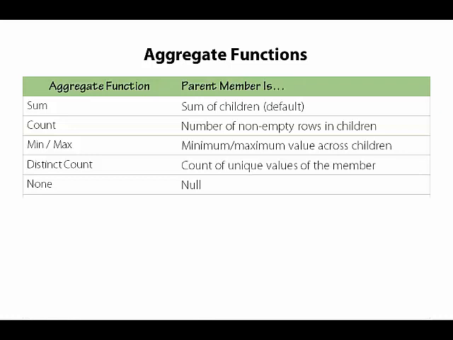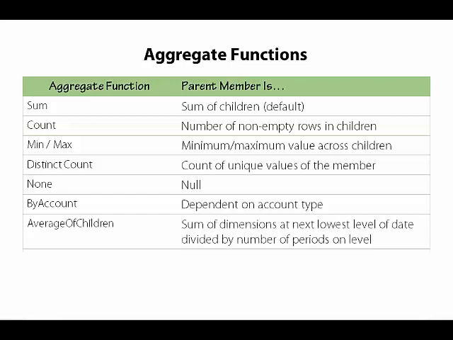Then we have a set of measures that are considered semi-additive. That means to aggregate using the sum function when we're aggregating within a dimension, as long as it's not the date dimension. Within the date dimension, the behavior depends upon which semi-additive function we're using. With byAccount, we need to use an account dimension type, one that identifies accounts as assets, liabilities, revenue, and expenses, for example, and then the values get added up properly by time according to the type of account that gets displayed. Then we have average of children.